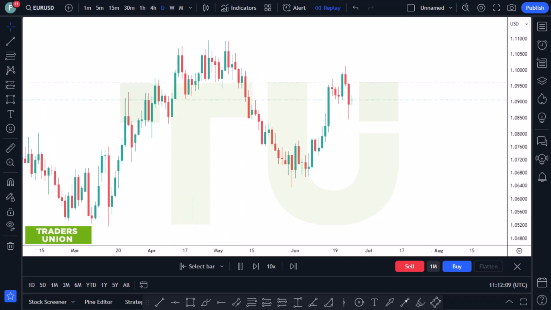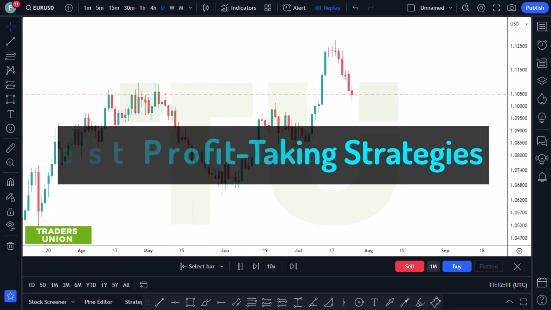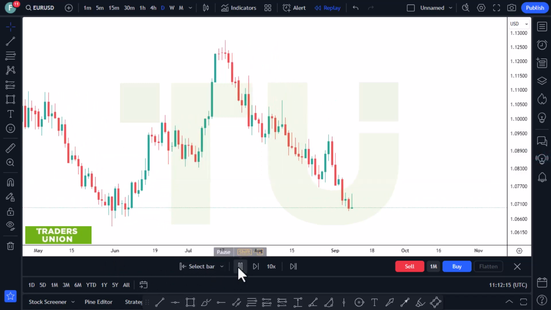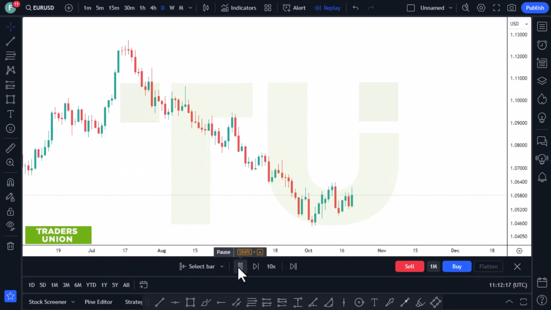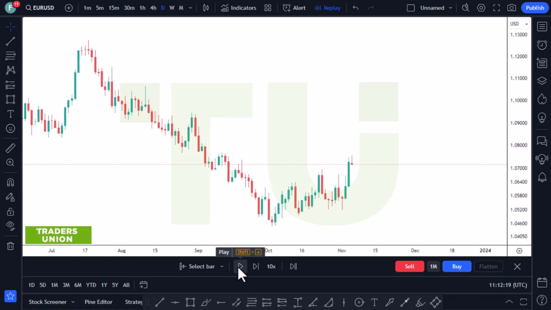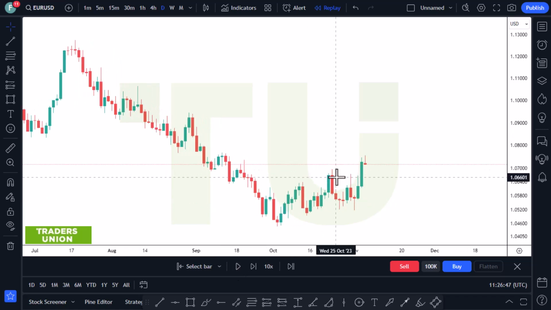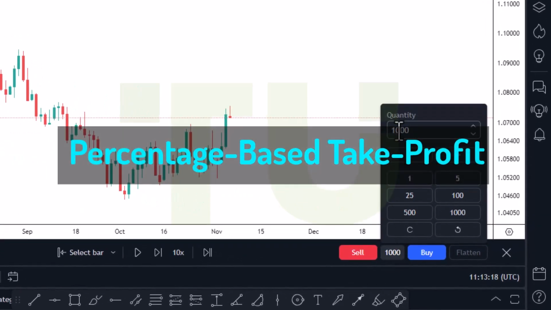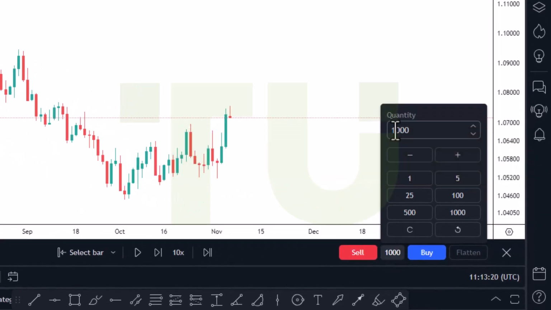In the world of Forex trading, there are 7 common methods to set your take-profit levels. Each one has its strengths and weaknesses, and the choice often depends on your trading style and financial goals. The 7 strategies we will delve into today are: 1. Percentage-based take-profit. It's all about setting a target profit at a certain percentage above the value of the position you